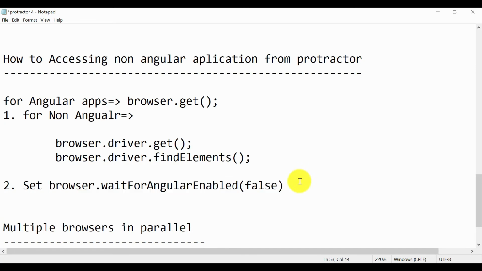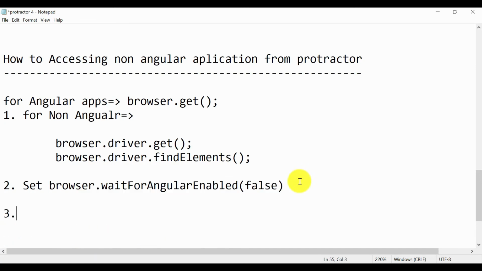There is another method. You can set browser.ignoreSynchronization equal to true.